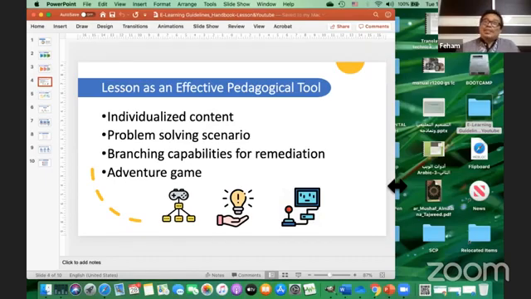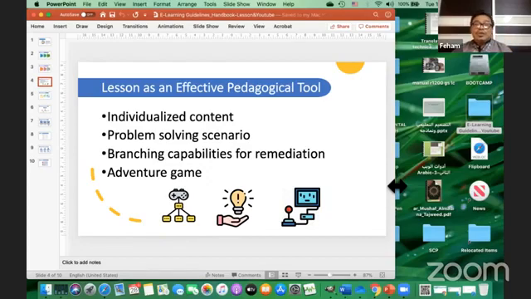Or a lesson can be as complicated as possible, up to the extreme end of complication, or at the extreme end of simplicity. So it's up to you how you want to use the lesson module in the Moodle-based LMS. I'll be sharing with you iTaleem, which is our university e-learning platform, later after this.